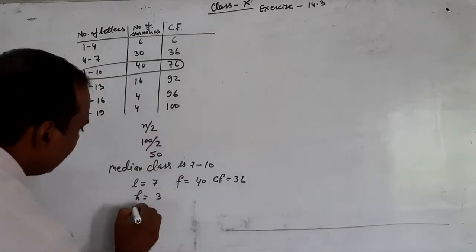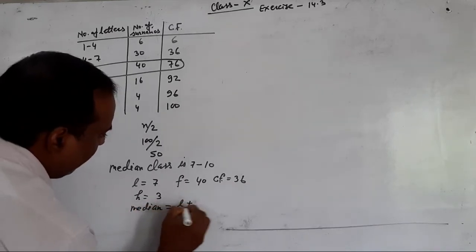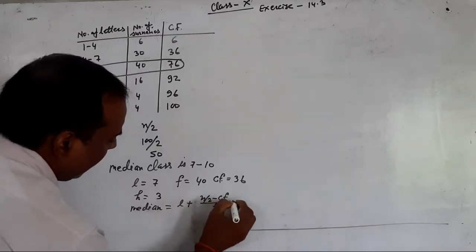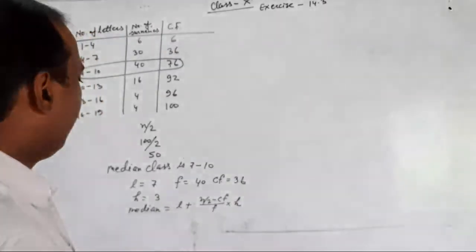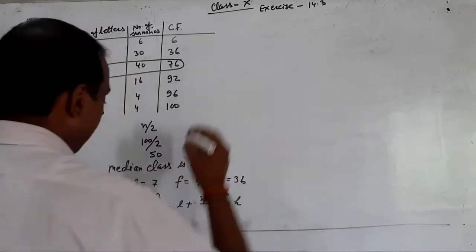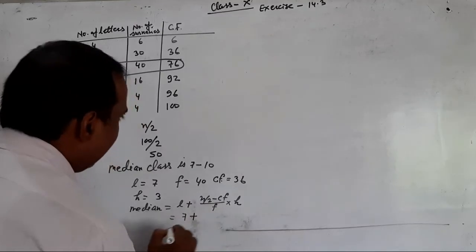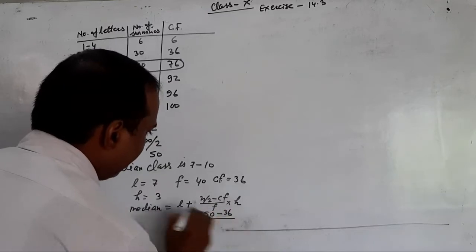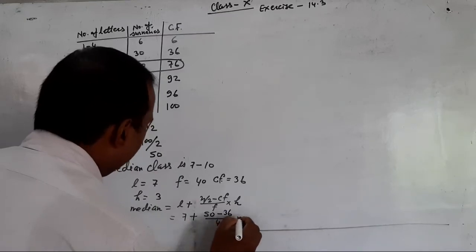Here median equals L plus (n by 2 minus CF) by f into h. Now to put the values, L equals 7 plus n by 2 is 50, CF is 36 and f is 40, and h